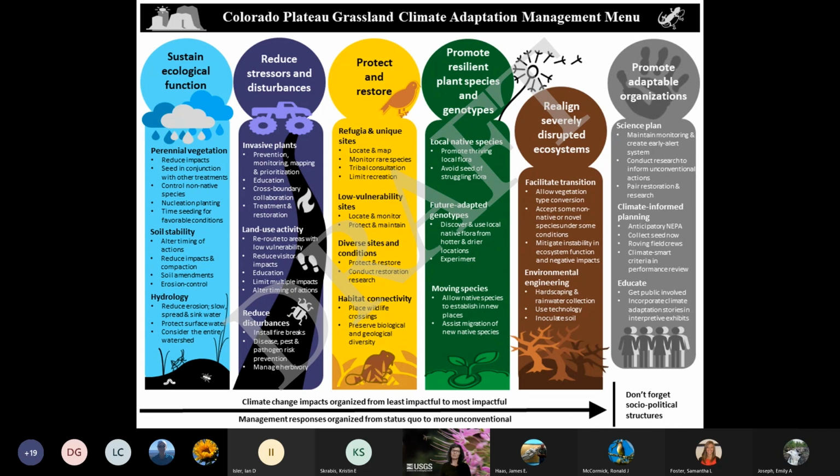And so if they looked at our vulnerability report, they might see that the cool season grasses are dwindling, with the exception of maybe rice grass, and warm season grasses are expected to expand with the exception of maybe blue grama. And so if they were going to seed this area to reduce the bare ground and the dust, then, before climate adaptation planning, they probably had a standard seed mix that they would put out whenever they had money, or maybe in the fall, which is a standard practice in this geography. But after this climate adaptation process and looking at this menu, they might say, well, let's look at